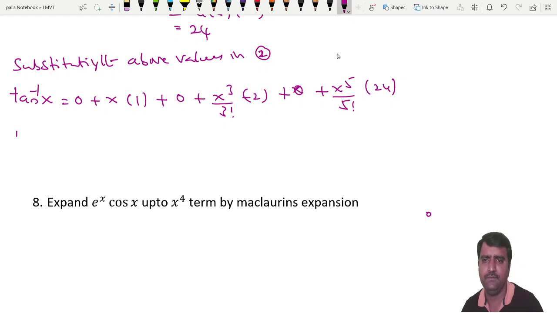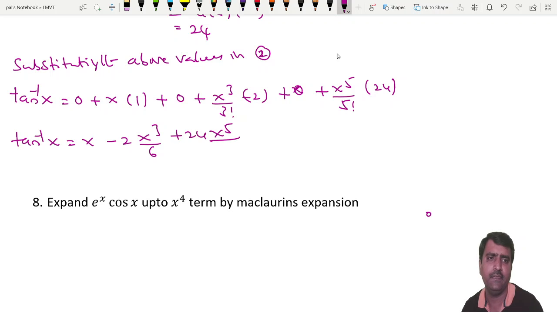So tan inverse of x is equal to x minus 2 into x cube by 3 factorial, 3 factorial is 6, and plus 24 into x to the power 5 by 5 factorial, 5 factorial is 120,